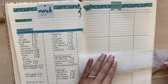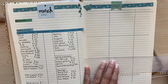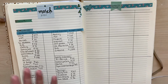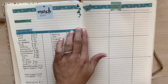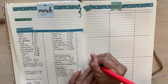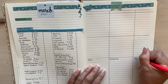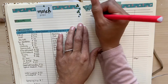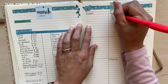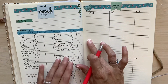And then we'll go ahead and finish up the last one. And usually what I keep on this front page is our most popular variable expenses. So like my husband, me, entertainment, clothing, groceries. That's something I like to track. Gas and stuff like that. So I put gas, groceries. I keep the other down here. And then I always put my husband, because he's always spending money daily. Me, kids. And then I think I keep right here